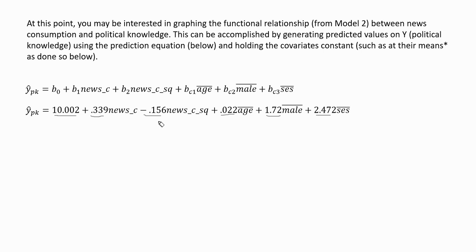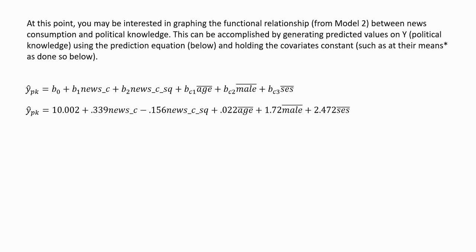So what we're going to do is generate our predicted values, but we're going to be holding our age, gender identification, and SES variables constant at a given value. And what we're going to stick with is the mean of each of those variables. So we're going to take the mean of age and substitute it into this equation, the mean of gender identification, and also the mean of SES. Again, we're going to be substituting all those means into this equation right here. And then by virtue of doing that, when we construct our predicted values, we can plot those predicted values against news consumption, again, while holding those covariates constant